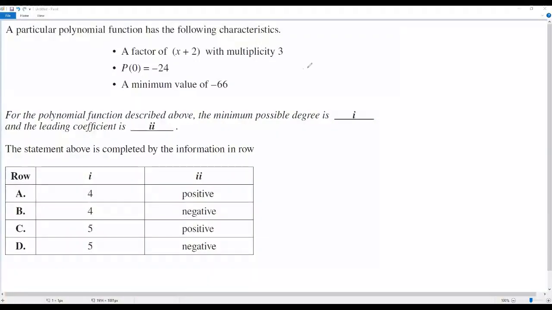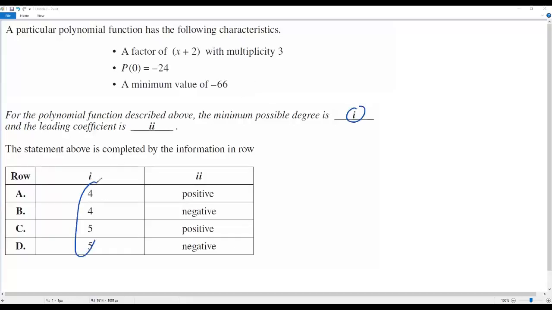Here we have a pre-calculus problem on the board. Okay, let's go over the question. A particular polynomial function has the following characteristics. A factor of x + 2 with multiplicity 3 and p(0) = -24, a minimum value of -66. For the polynomial function described above, the minimum possible degree is, so we have to find,